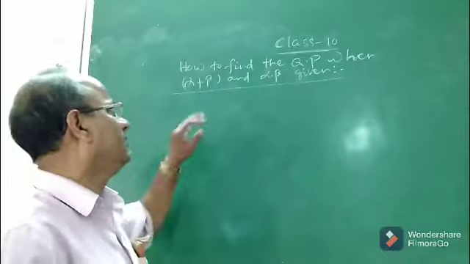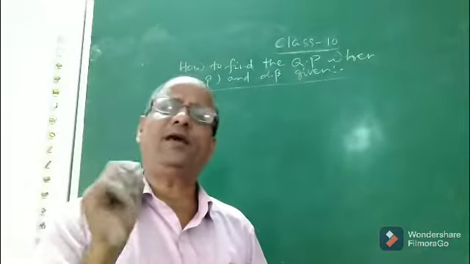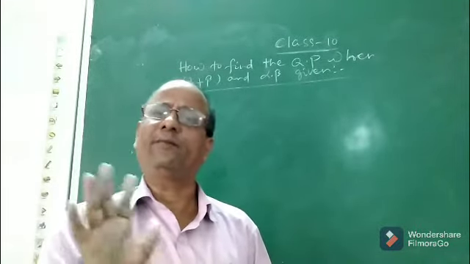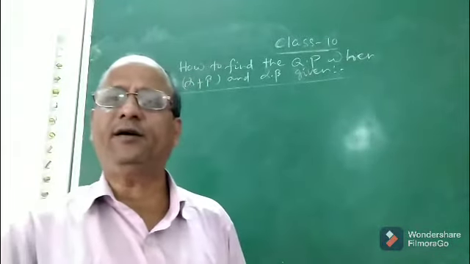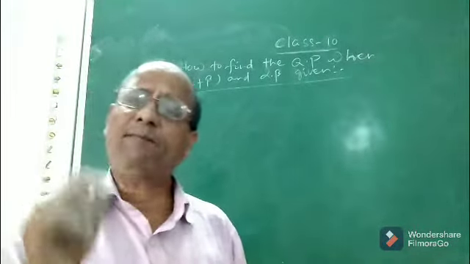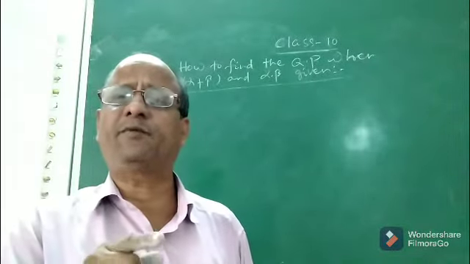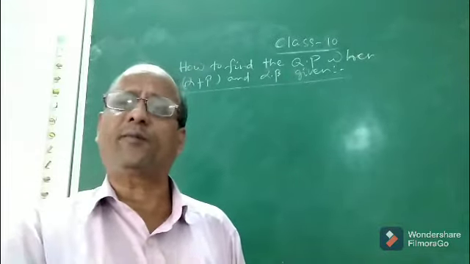Okay, then today let us discuss. You see, children, when a quadratic polynomial is given, we can find its zeros by algebraic means or by graphical means, which I have already discussed. And after finding the zeros, we can verify easily that alpha plus beta is minus b by a and alpha into beta is c by a. Now let us see the opposite situation.